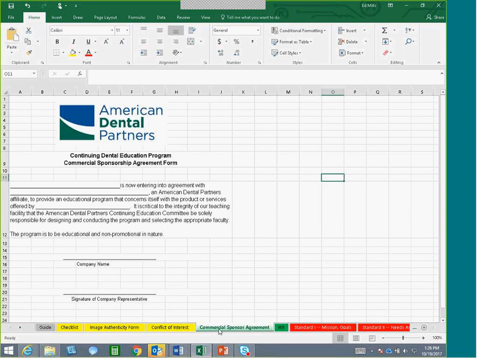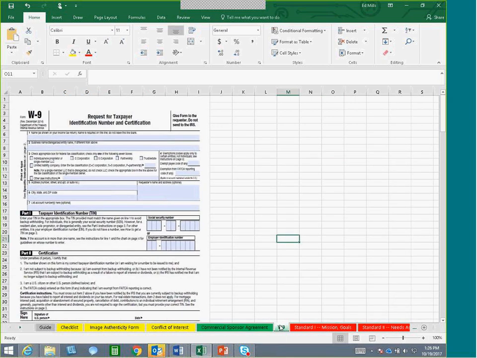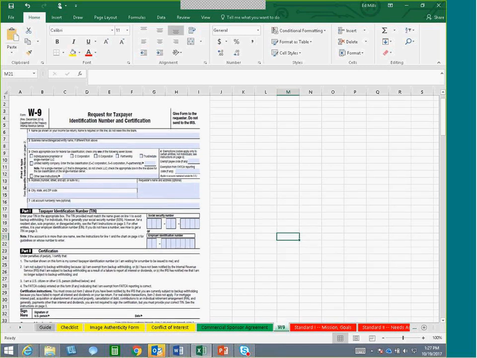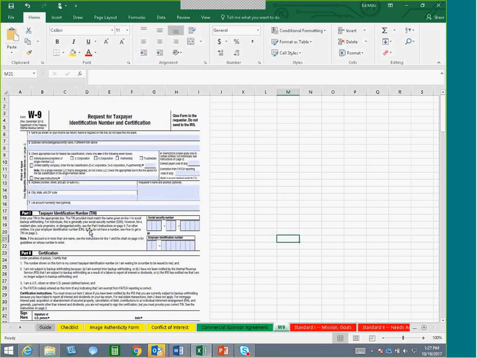If it's a commercial sponsor, they need to fill out the commercial sponsor agreement, where you would print this, scan it, and email it to them. They fill it out, with a company signature from a company representative, and get it back to you. If there's a gray area, somebody's being paid, whether internally or externally, if there's any payment changing hands, they're going to have to fill out a W-9 form. Here, you print it, scan it, and they'll get it back to you.